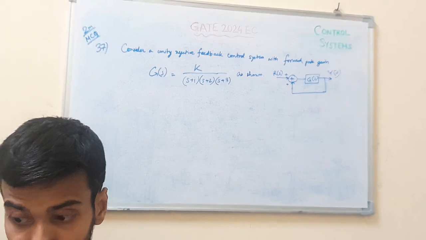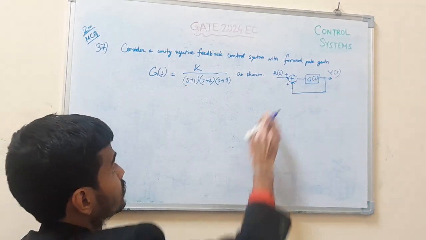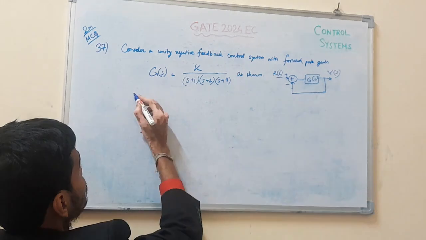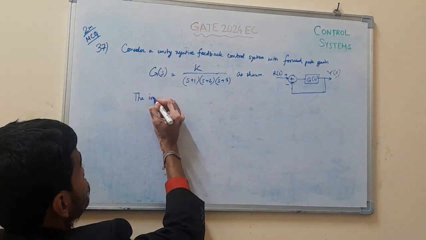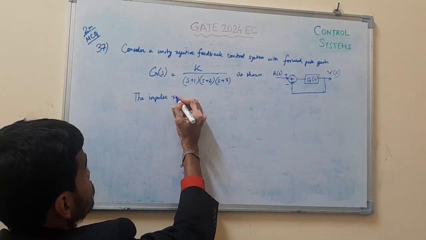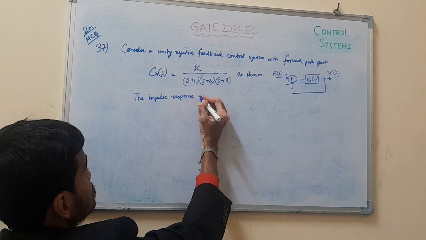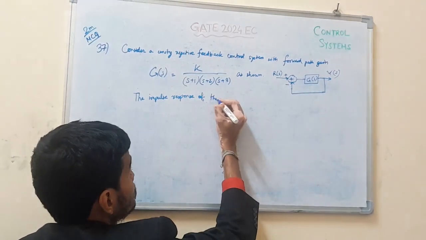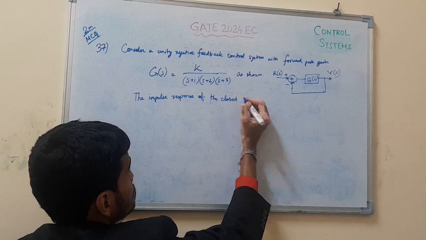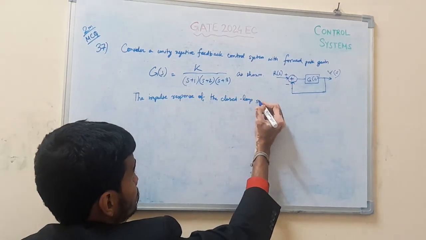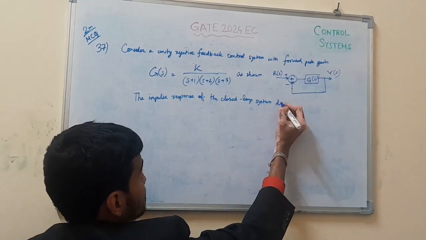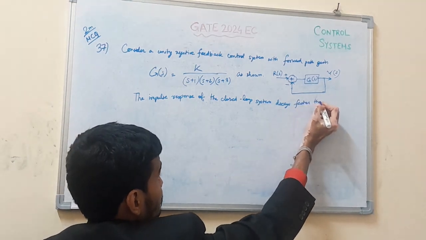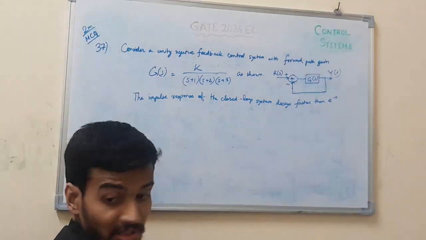The system is given like this, so it is negative feedback. The question asks: the impulse response of the closed loop system decays faster than e to the power minus t